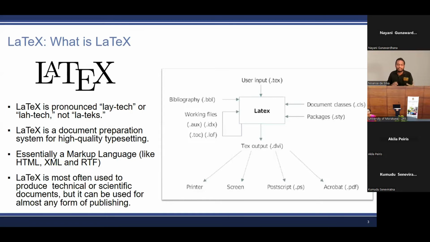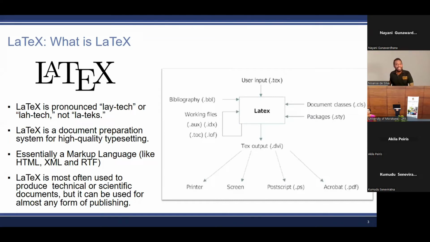The last part of introduction is that LaTeX is mostly used for technical or scientific documents instead of flyers and posters and so on and so forth. But you can still use it for flyers and posters, as again, Mr. Akila can attest to, where he recently made a poster out of it.